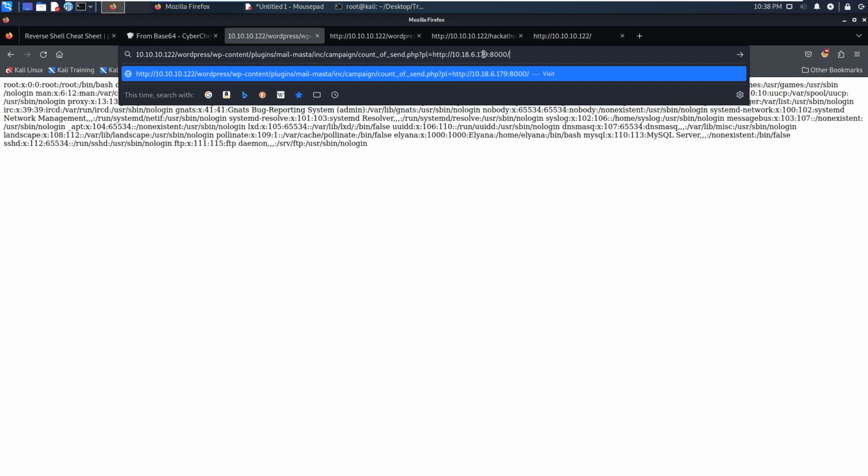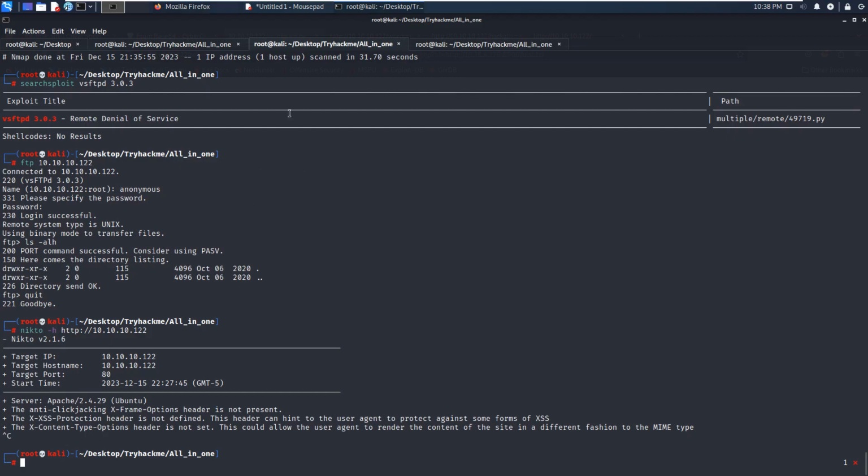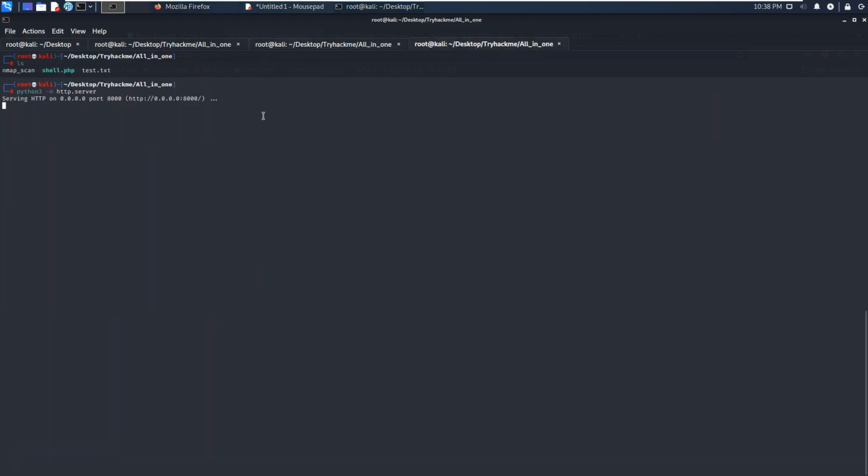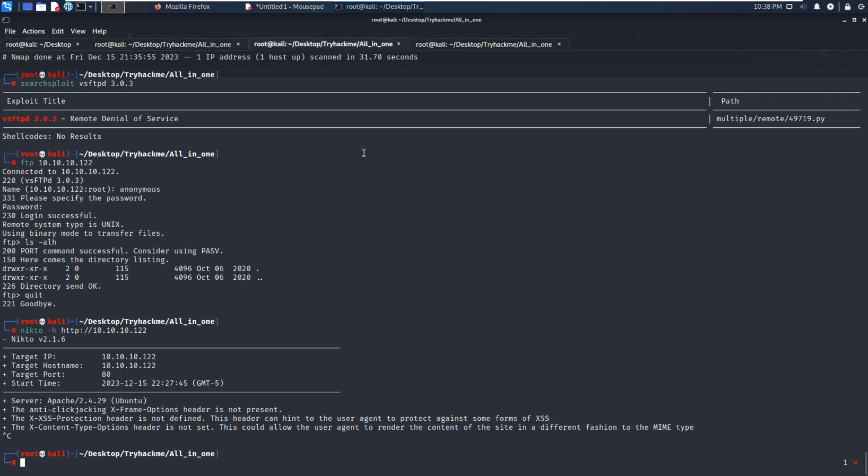Port number, test. But nothing we can get from the Kali Linux. So it means that the target doesn't have the RFI or remote file inclusion vulnerability. Next, we can check whether